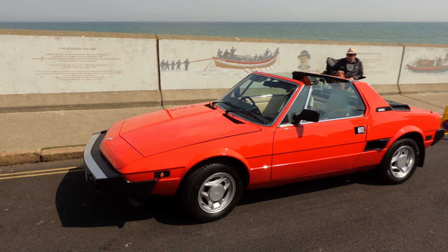This red one's awesome as well. Just look at the colour of it, that's just beautiful. The roof and the boot lid, not so much the bonnet, but they all have these tiny little indentations because it has been in some kind of